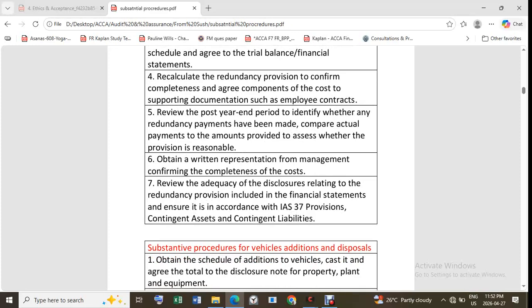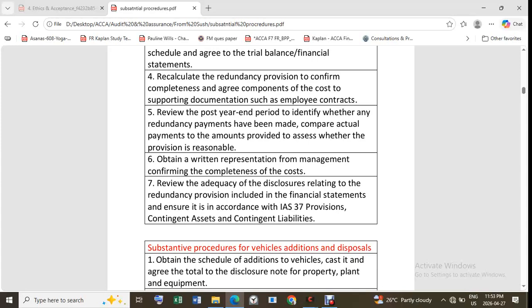And redundancy provisions, we have to calculate the redundancy provision, recalculating it, and to confirm whether it is complete or not, and we have to agree those component of cost to the supporting documentations. Review the post-year-end period to identify whether any redundancy, and we have to check that